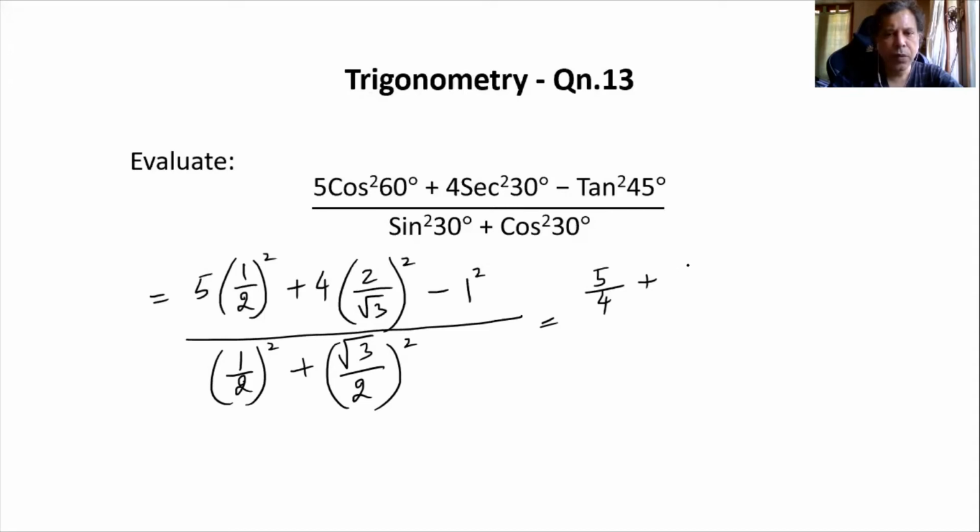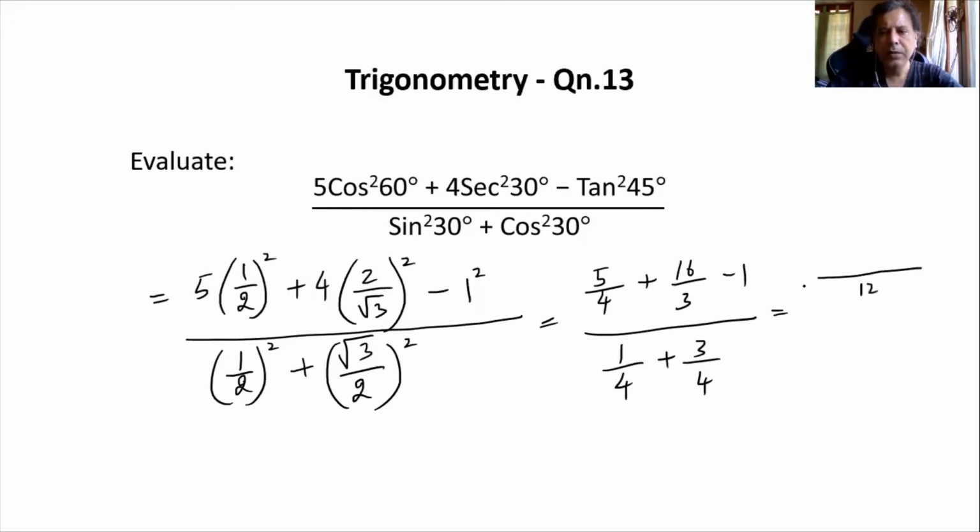And plus 4 times this 2 by root 3. 2 by root 3 squared will become 4 by 3. 4 by 3 multiplied by 4 will become 16 by 3, minus 1, divided by 1 by 4 plus 3 by 4. In the numerator, the LCM is 12. So 4 3s are, that means 5 into 3, 15. 3 4s are, that means 16 into 4, it is 64, minus 12, divided by 1 by 4 plus